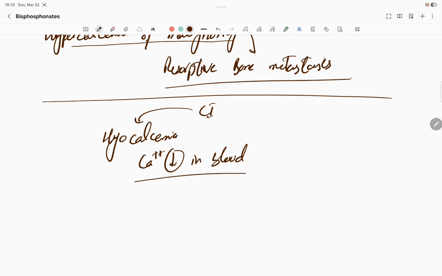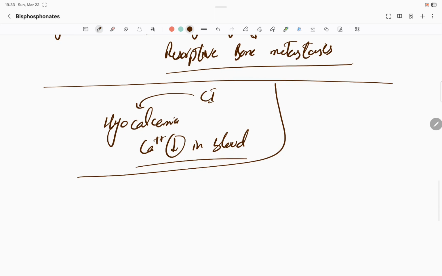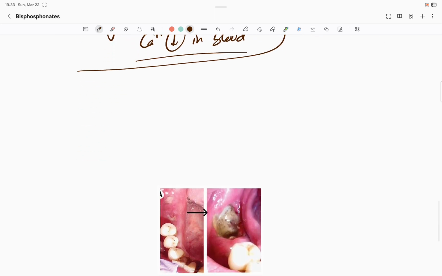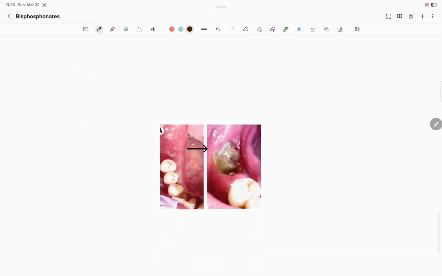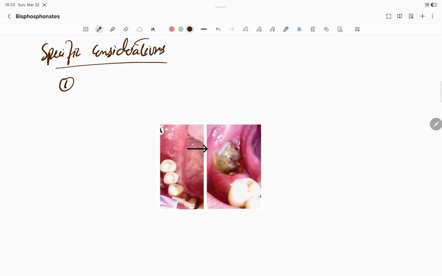All right, and there are some specific considerations that should be considered before starting the treatment, and that we will discuss with the help of this image. So specific considerations. Number one is osteonecrosis of jaw, and mainly